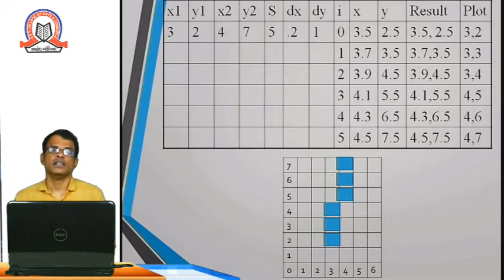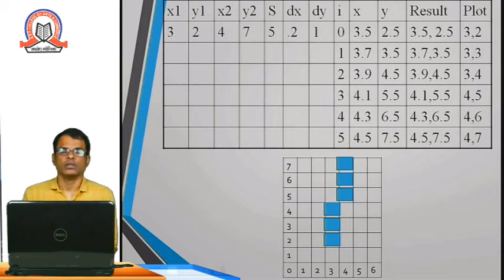This is the digital differential analyzer algorithm. So when you are told to do this, first you have to take the initial value. You should know the initial point and the end point, that is the x, y coordinates. Then you have to find out the steps. How are you going to find out the steps? You check the difference between x2 and x1 and the difference between y2 and y1. Whichever difference is bigger is your number of steps. Here x2 minus x1 is 4 minus 3, that is 1, and y2 minus y1 is 5. So 5 is bigger, so steps are 5.